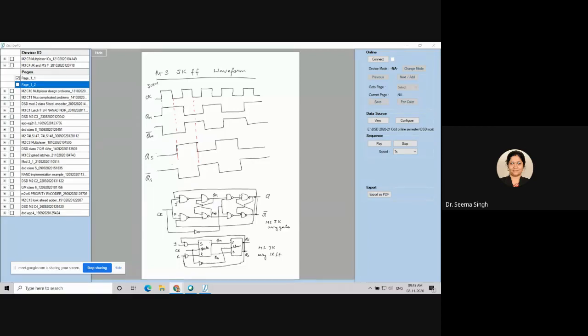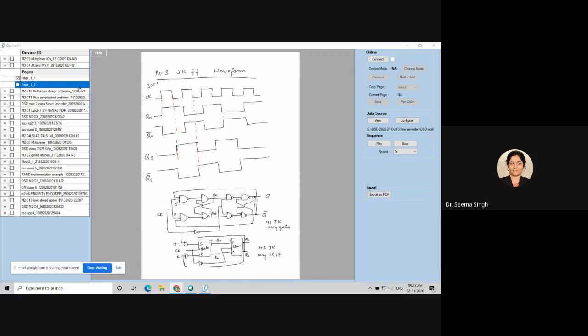Okay, so this is the master slave JK flip flop using NAND gates, and this one is the master slave JK flip flop using SR flip flops. When you do it in the lab, you will ask for the IC of the SR flip flop. If you get the IC of the SR flip flop, you can take two SR flip flops and connect them in this fashion with an external AND gate and a NOT gate to make a JK flip flop out of it. This is simply to tell you how it is derived from the SR flip flop.